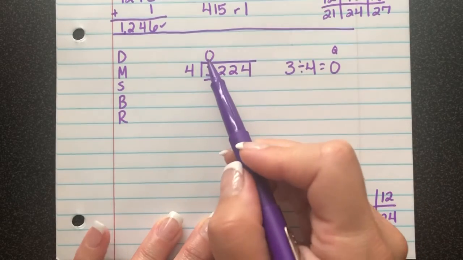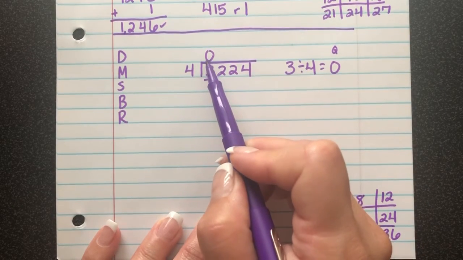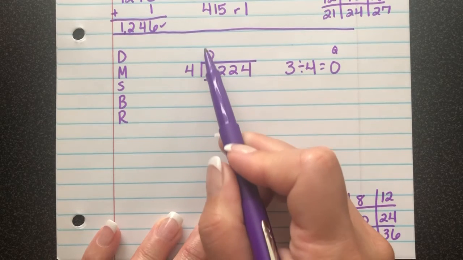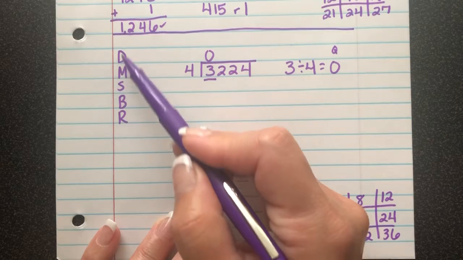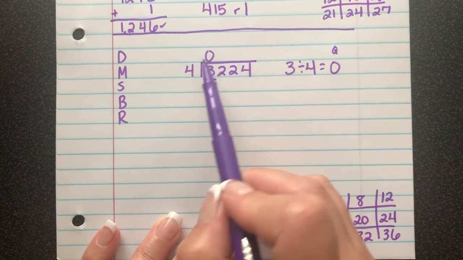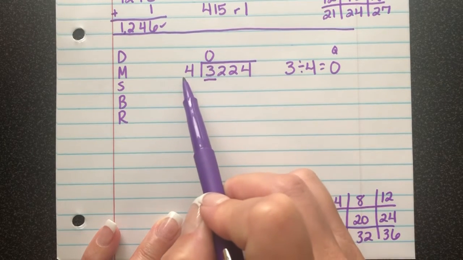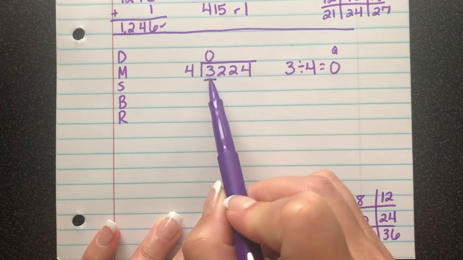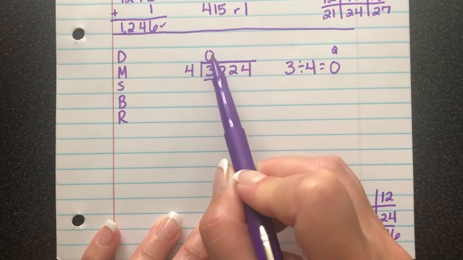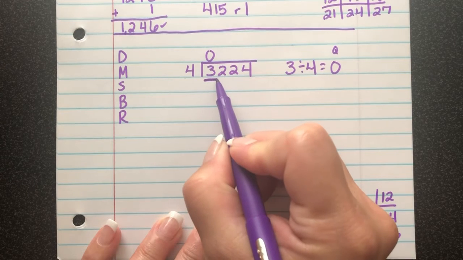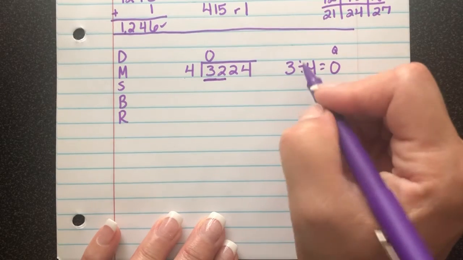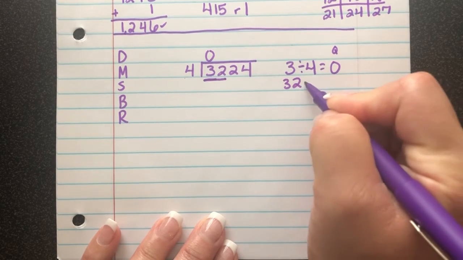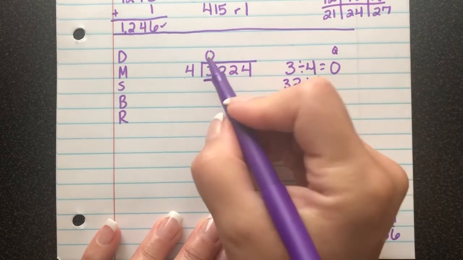Now remember, that 0 is just going to be a placeholder because it's the first one in my quotient. Okay, so I'm not going to go through all of these steps. Instead, when you realize you can't divide this first digit by this one, if this digit is smaller than this one and you have to put the 0 up there, then we're going to stretch our line to include the second digit. Okay, so now I'm going to try 32 divided by 4 since we couldn't get anything with just